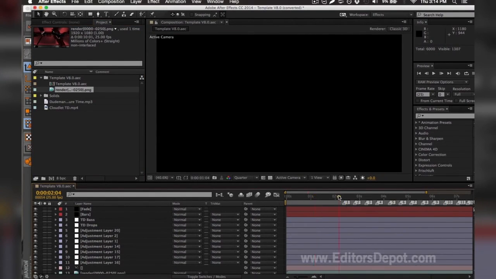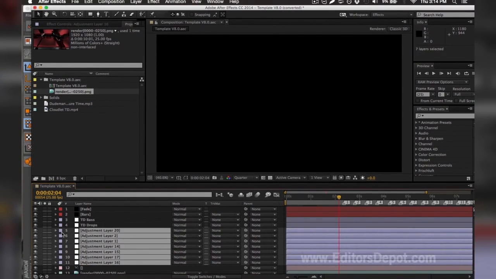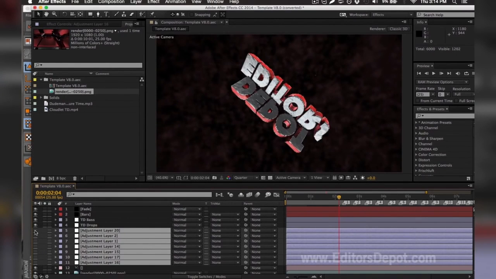So we're 100% done, assuming you have every single one of the plugins required. If you don't, you're going to have a black screen similar to this. If you do have a black screen similar to this, you're going to want to troubleshoot it by turning off or turning back on whatever adjustment layers might be messing up your entire video. As you can see here, one of these adjustment layers messed up the